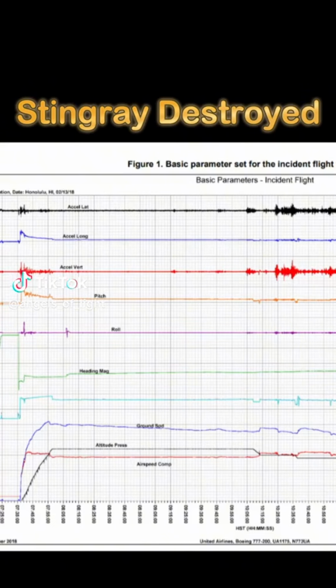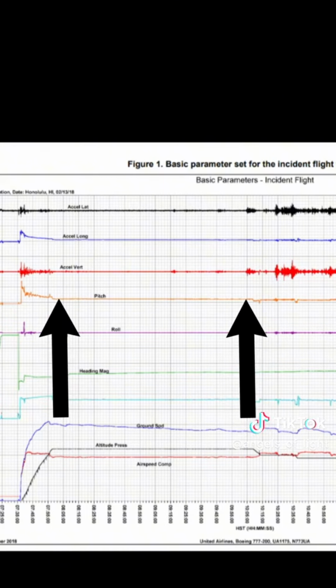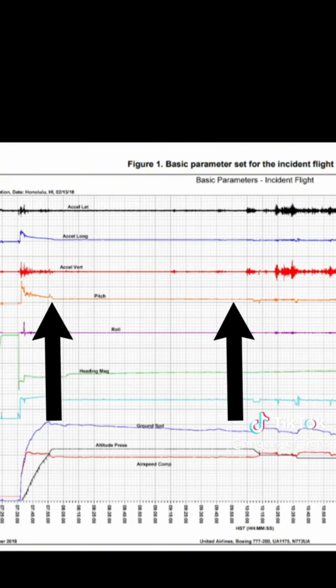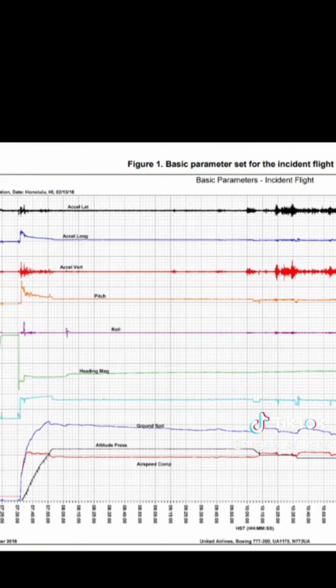This is pitch data that shows the aircraft was flying at the same altitude for 2 hours, flying 500 miles per hour with a positive pitch. As you can see, this orange line shows the positive pitch of the plane. That black line underneath it is 0 degrees. So you can see for 2 hours, the plane was at the same altitude and it maintained a positive pitch.